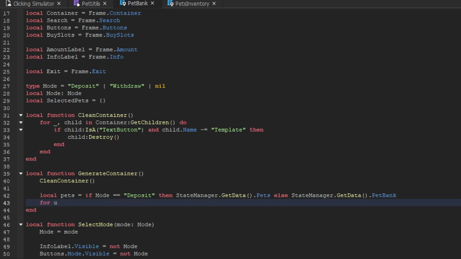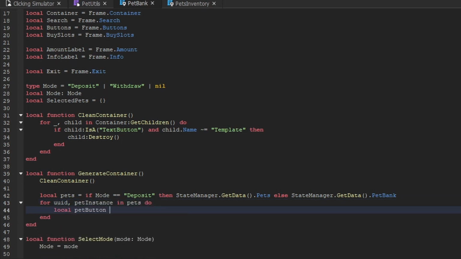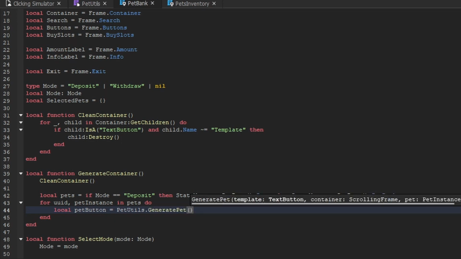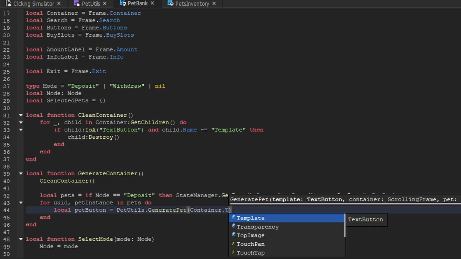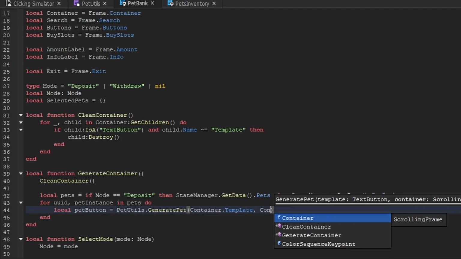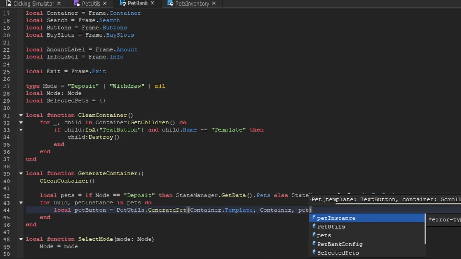So we're going to loop through all those pets, UUID, comma, pet instance in pets do. We're going to go ahead and create the pet button by using the pet utils module. So we'll say generate pet. We're going to pass through the container.template for the template. We're going to pass through the container for the container, and then we're going to pass through the pet instance